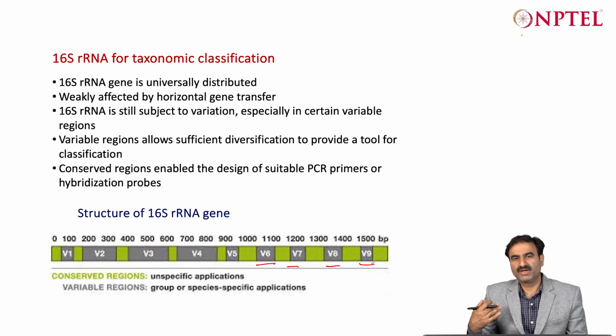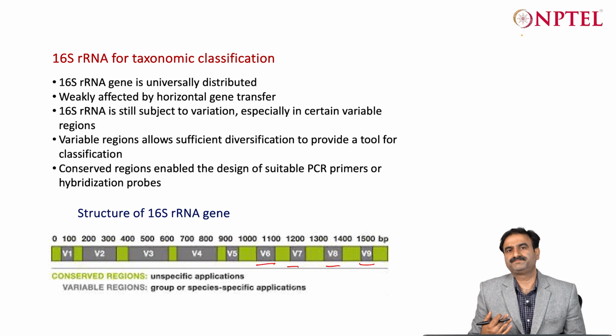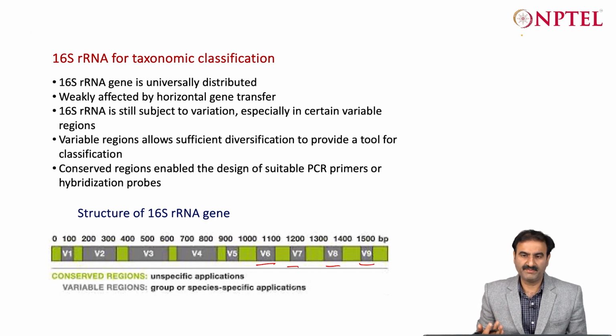And the constant regions help you to amplify these variable regions, because they do not change much, and you can make primers from these regions. Forward and reverse primers can be made from this region and this region, which can amplify the particular variable region easily. So that is why 16S ribosomal RNA is very important for taxonomic identification and characterization, and also later on